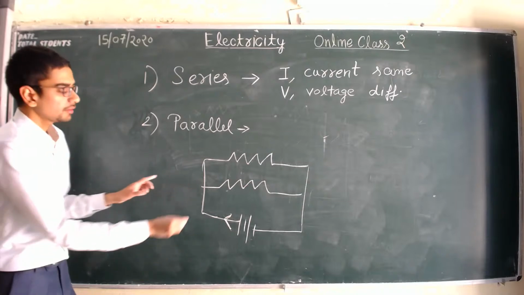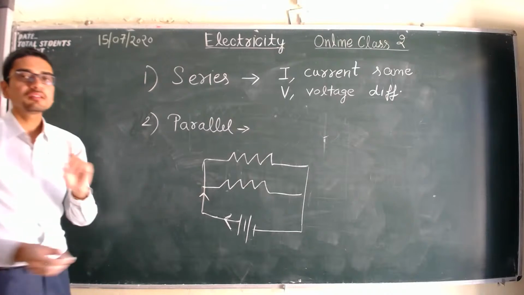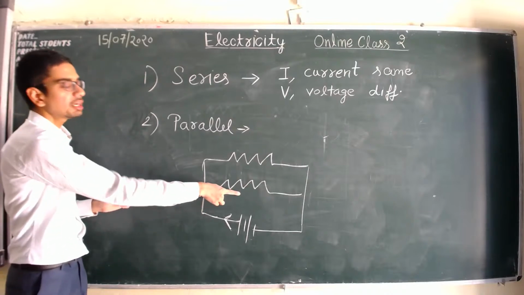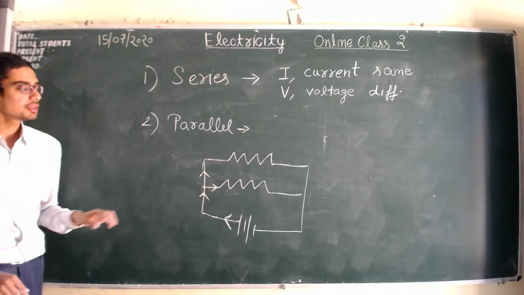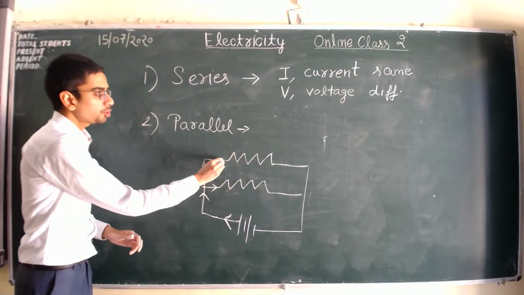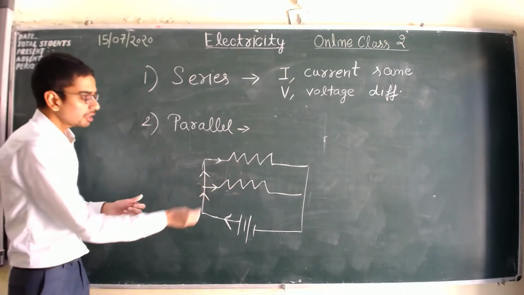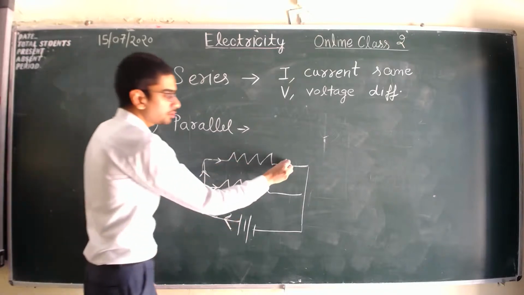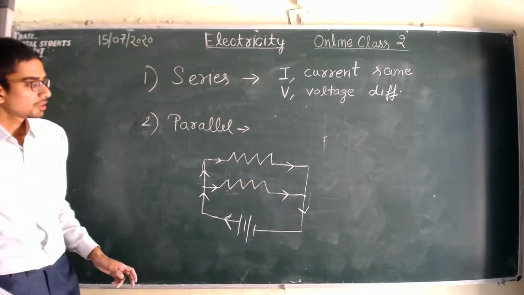Positive to negative here. Now you can see at this point, इस point पर current divides into two paths. First is here, एक रास्ता इसको यहाँ से मिल रहा है current को, दूसरा रास्ता यहाँ से. So you can see that current is divided into resistors. इसमें जो current होगा वो अलग होगा और इसमें जो होगा वो अलग होगा. So path क्या होगा? अभी current यहाँ flow कर रहा है, आधा इधर गया आधा उधर गया, आगे जाकर दोनों फिर वापस से यहाँ पर इस पॉइंट पर मिल जाते हैं। Okay,